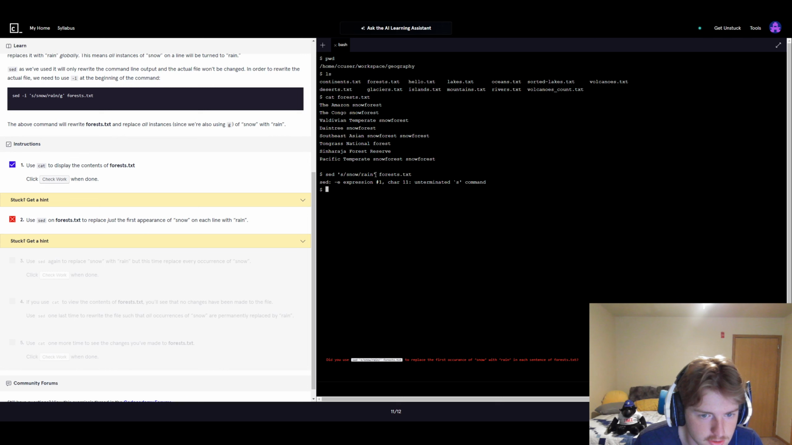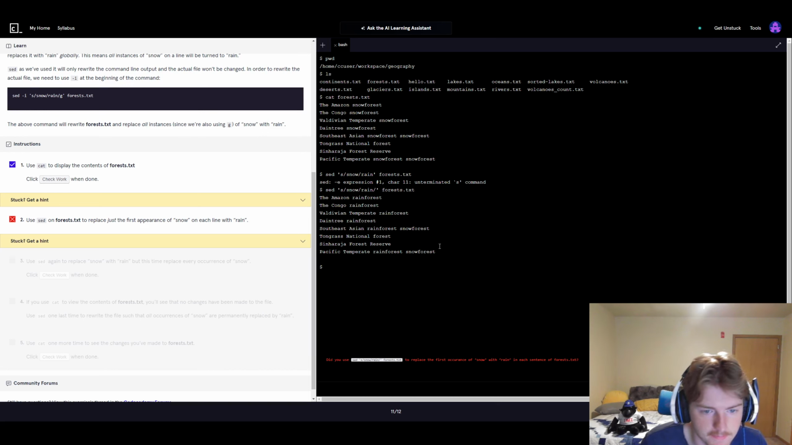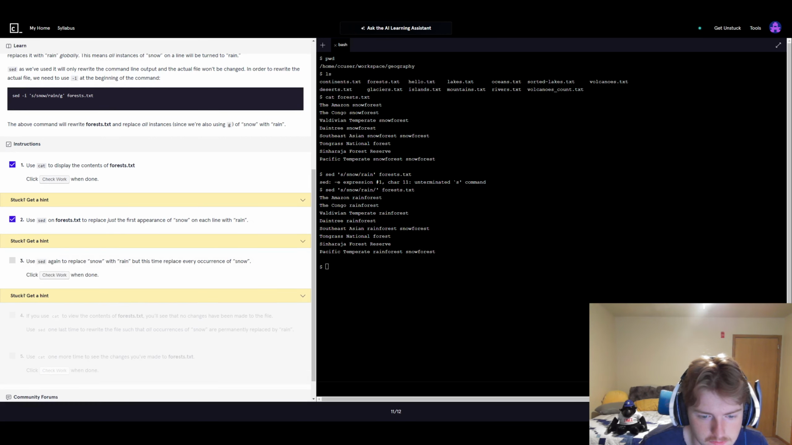I didn't put an extra thing there, so that was my mistake. /snow/rain/ — I missed the second slash there. Then we'll redo forests.txt, and now it's done all of them with rain on the first line, I guess. We're going to do it again to replace snow globally, right? So we'll do